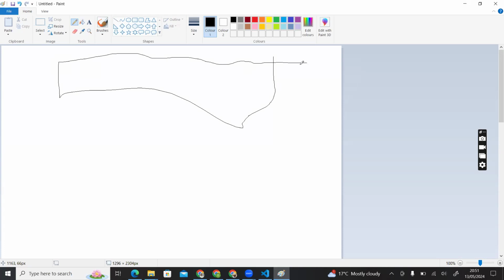I'm using mouse, I'm not using pen. So a grid form is when you have something like this, 1, 2, 3, 4, you can put it in a grid. You can even have a grid of